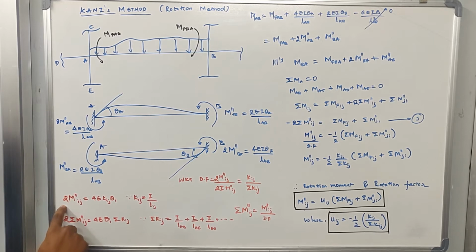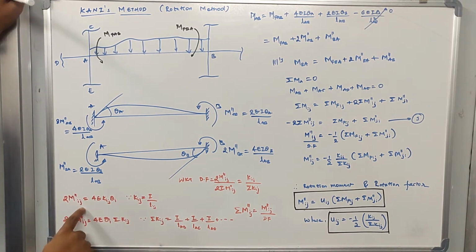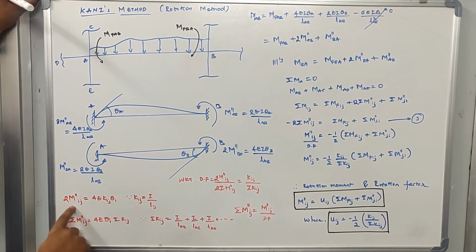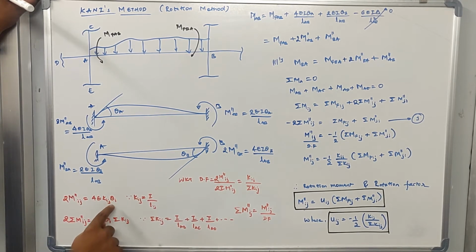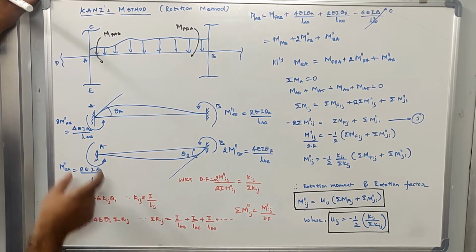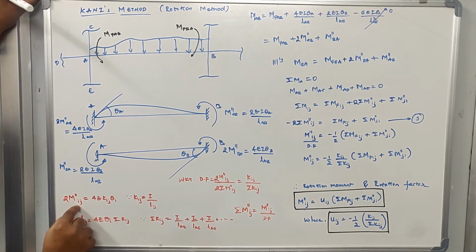Now see here, similarly we can write for this also. Let us call this 2m double dash ij. Ij is representing any arbitrary ends. Okay, so 2m double dash ij is equal to 4E kij. Kij is representing the stiffness of the same member, multiplied by theta i. Theta is representing the rotation at the near end. Now you try to configure the same thing with this equation. So 2m double dash ab is equal to 4E kab into theta a. You can read it like this, so you can apply it to any end you want. You can apply this for the b end also. So 2m double dash ba is equal to 4E kba into theta b. Like this you can read.